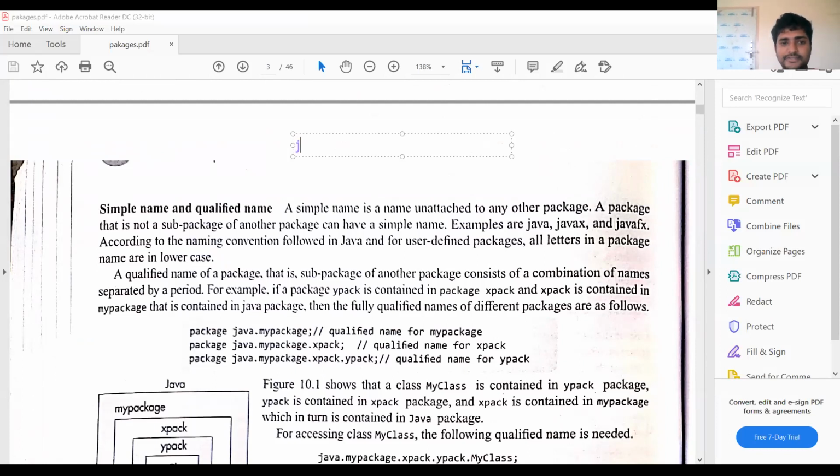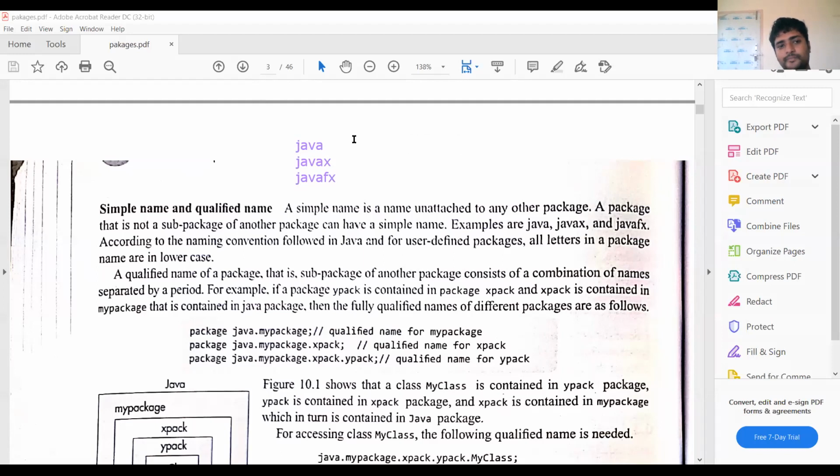Suppose the package name is Java, like Java X, Java FX. These are some package names. These are known as simple names.